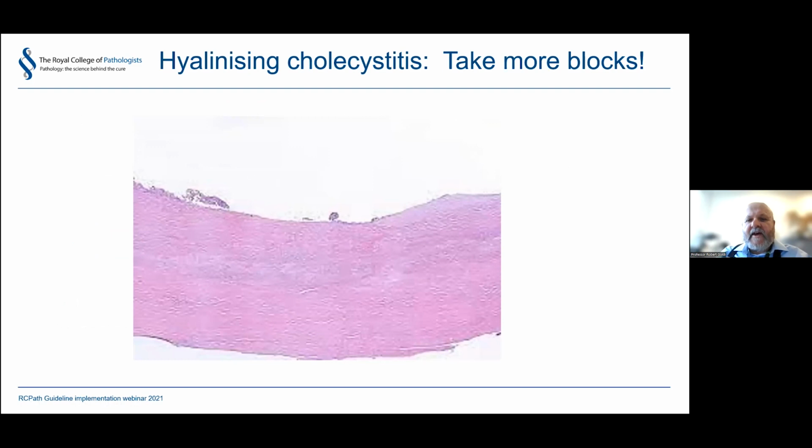I think this is from a case of hyalinizing cholecystitis. We get this sort of dense monomorphic fibrotic replacement of the gallbladder wall, sometimes with calcification, part of the Boston gallbladder spectrum. This is an important thing to recognize. Again, simply being aware of it will mean you'll make the diagnosis, because these patients have a higher incidence of dysplasia and you need to take extra blocks. So would be the case, of course, if you had a gallbladder from a patient with primary sclerosing cholangitis.